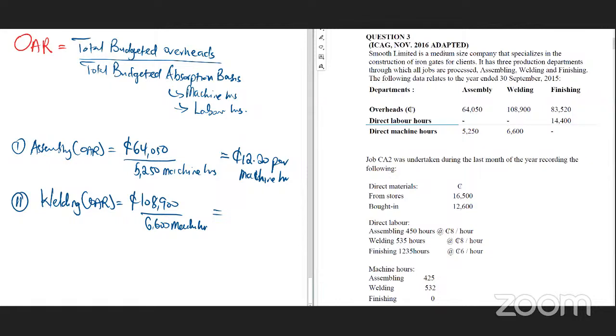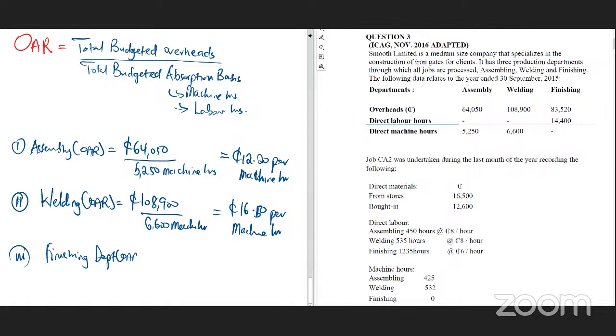108,900 divided by 16 CDs, 50 pesos per machine hour. Okay, so we have done the 16 CDs, 50 pesos per machine hour. Now we come to the last department, which was labor intensive. So that was finishing. And the finishing department